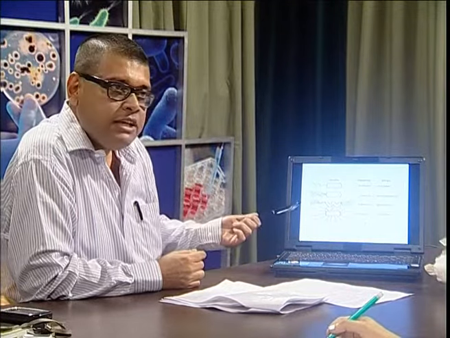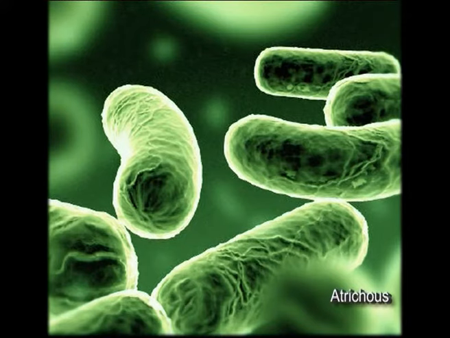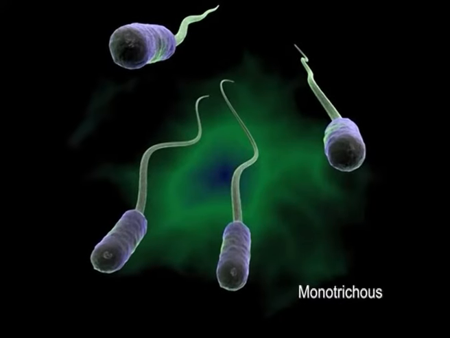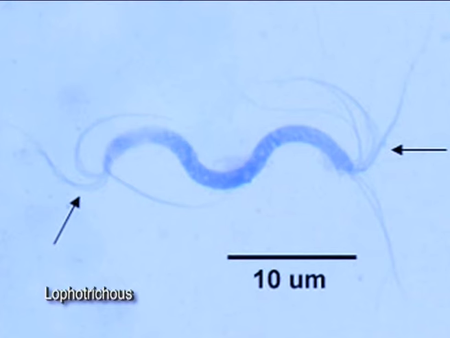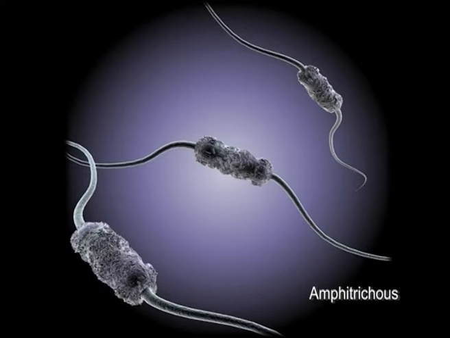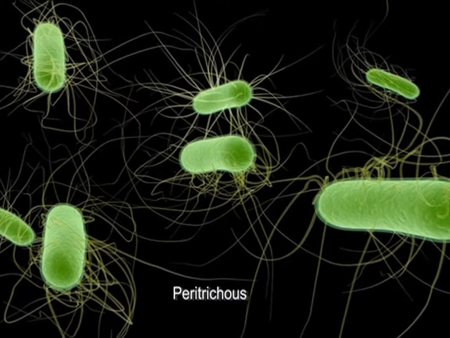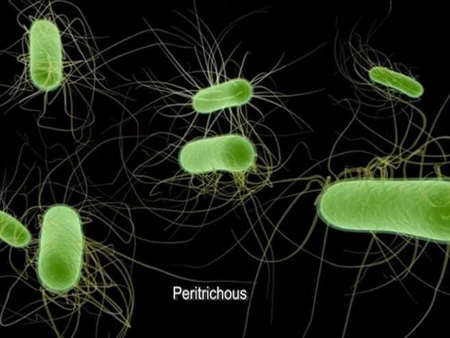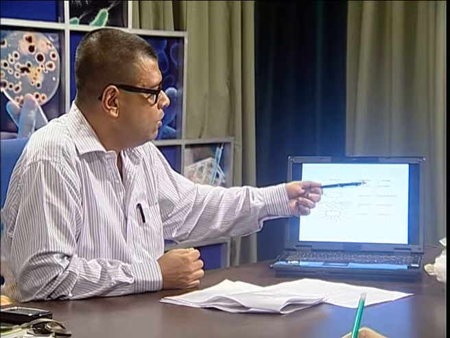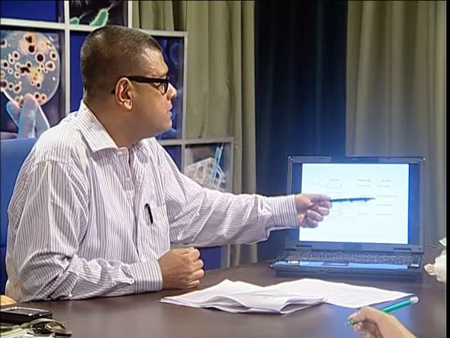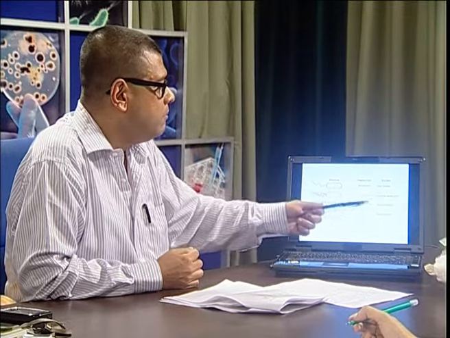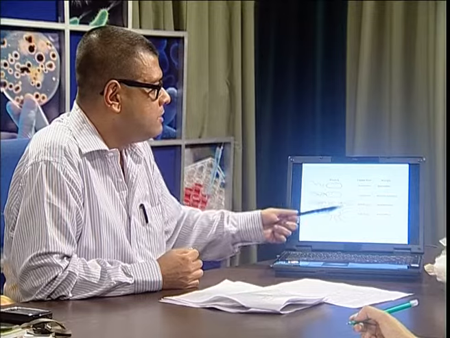Bacteria similarly can also be classified on the basis of the flagella. They can be without flagella, that is atrichous. They can be with a single flagellum, or monotrichous, with a tuft of flagella, or lophotrichous, with flagella on both poles, or amphitrichous, and with flagella surrounding the bacteria, that is peritrichous. And you can see in this slide the respective examples: monotrichous is Vibrio cholerae, then this is Bartonella, this is Spirillum, that is the amphitrichous, and the peritrichous is normally E. coli.